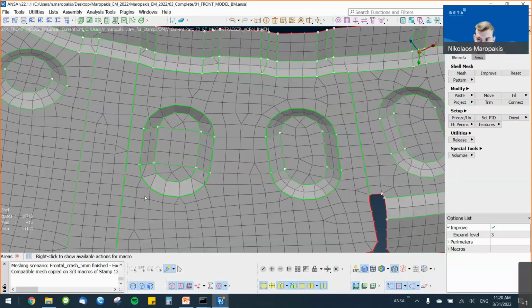I will switch to the elements direct edit category now with the shortcut key Q, and I see that I want to perform a split here, but I want to perform it through the other edge.